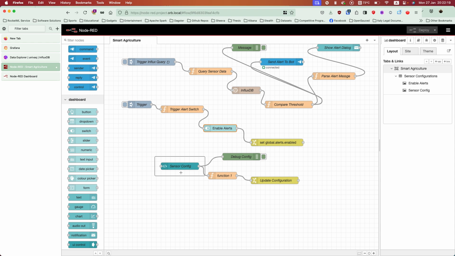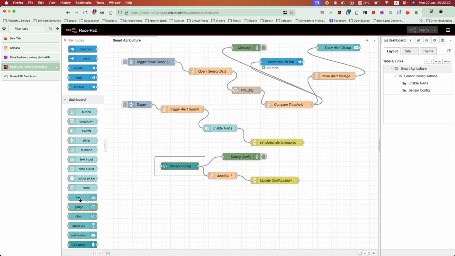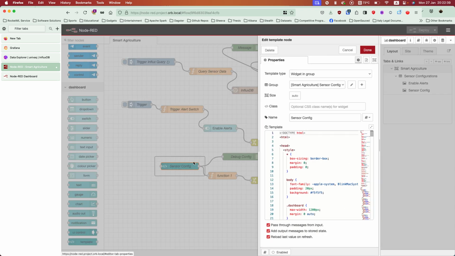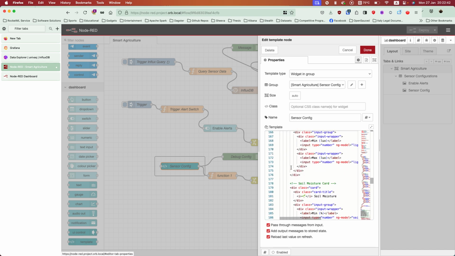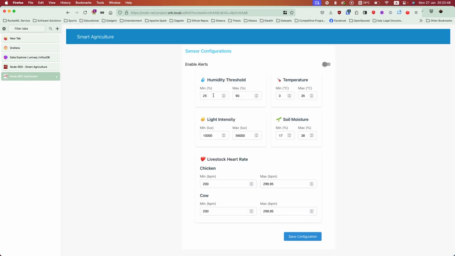But there is another thing. The whole UI is coming from this template. You can also write your own HTML and JavaScript code using this template. Here we have defined a UI so that we can take input of a form. The form has humidity, temperature, light intensity, soil moisture, and livestock, with minimum and maximum thresholds. If I save this configuration and enable the alerts,